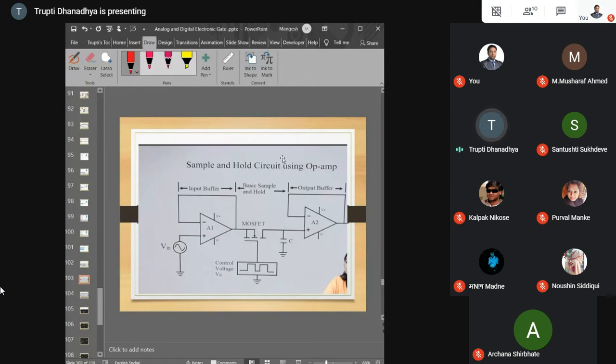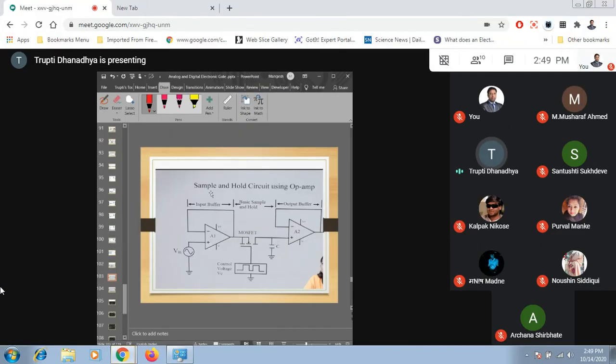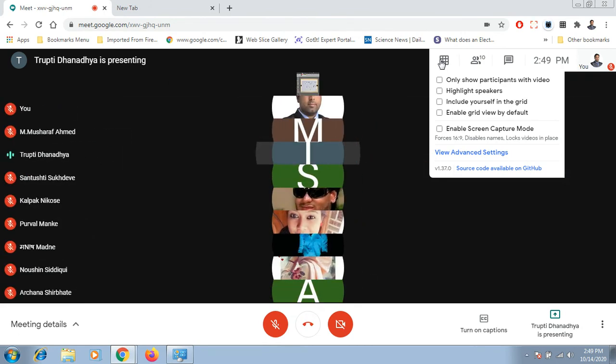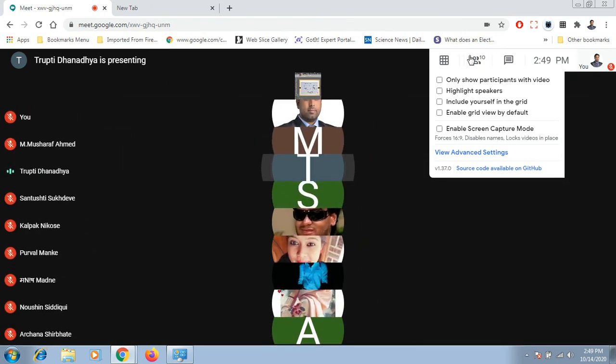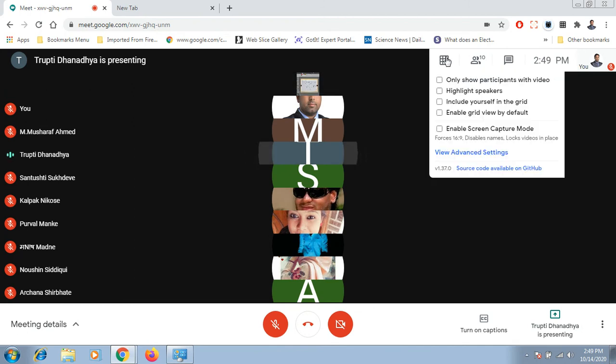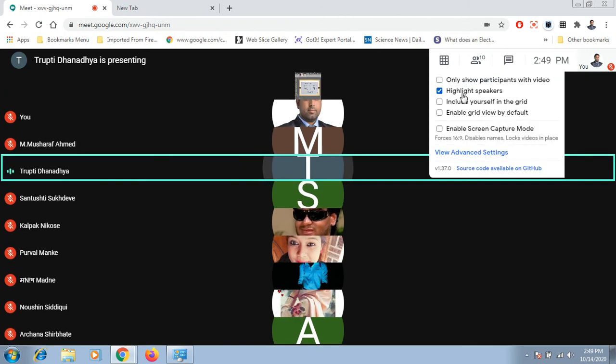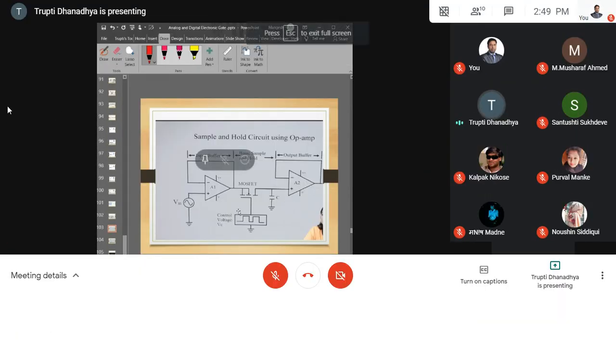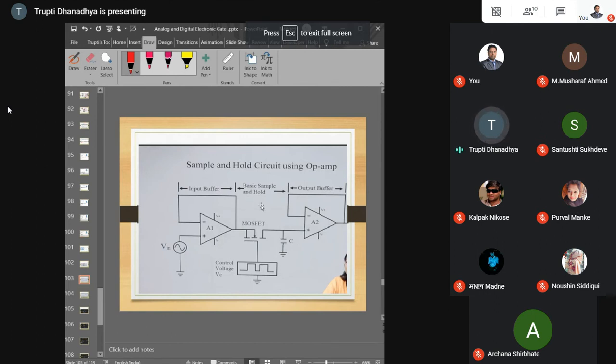If you trigger the MOSFET, the switch is closed, and because the switch is closed, Vin is applied to the op-amp and the capacitor gets charged. Now the capacitor gets charged but cannot discharge, because we are just sampling or holding the time. Sampling means we are giving the control voltage to the MOSFET, that is, giving the sample time to the MOSFET. Now the MOSFET is operating, that's why Vin equals Vc. Vin equals Vc, and the capacitor gets charged, but it cannot discharge.